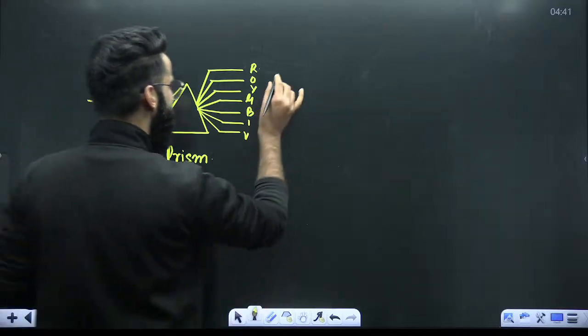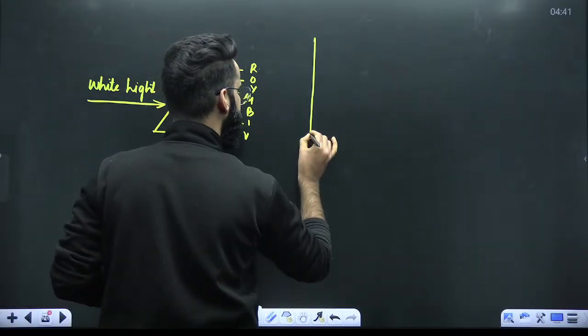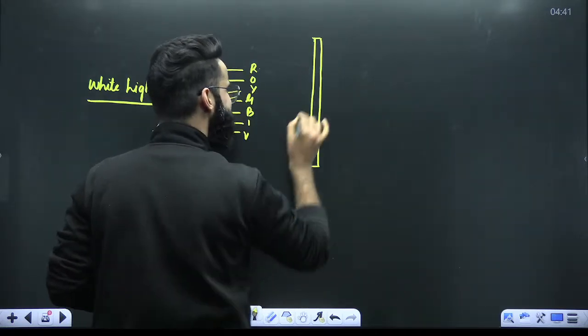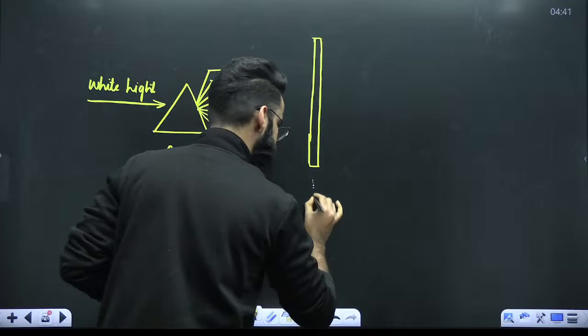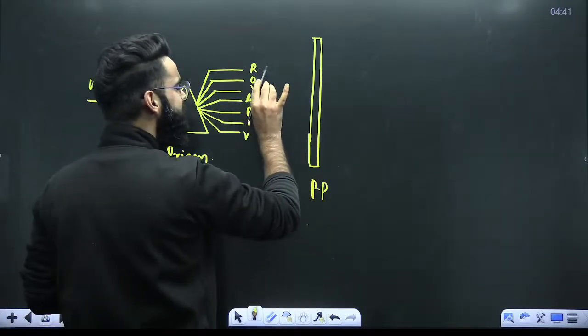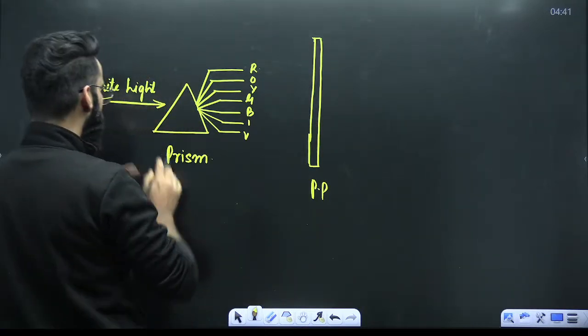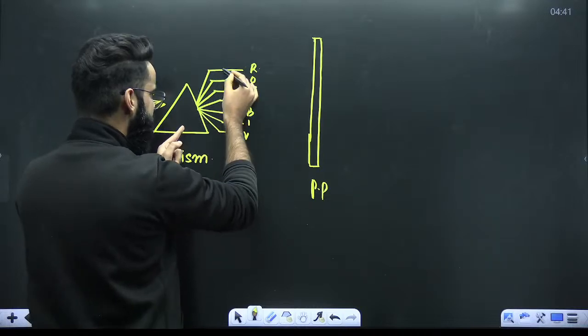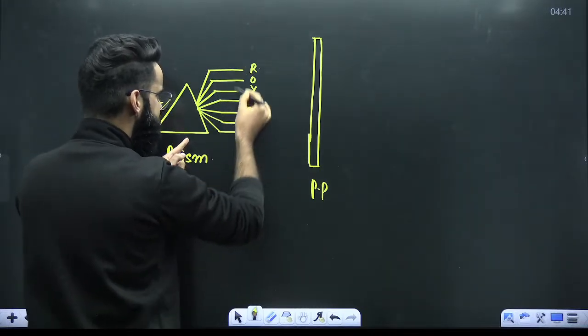Now, my dear students, imagine that I have kept a photographic plate over here. This is a photographic plate which is dark in color, right? It is dark basically. It's a photographic plate. Now, my dear students, what exactly are you going to see on the photographic plate? When the white light passes through the prism, it is going to split into the 7 different colors, 7 different